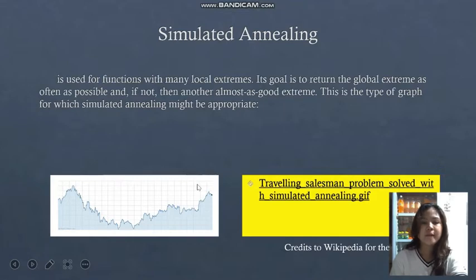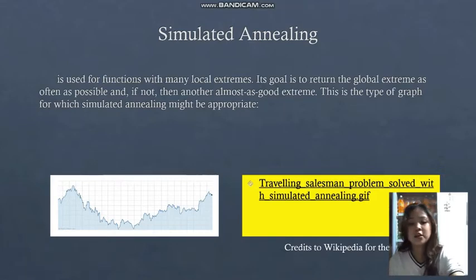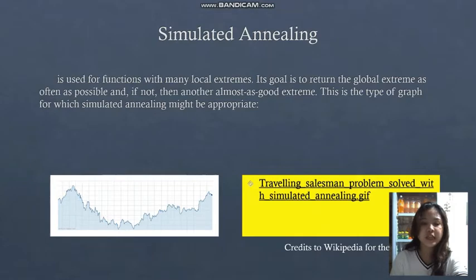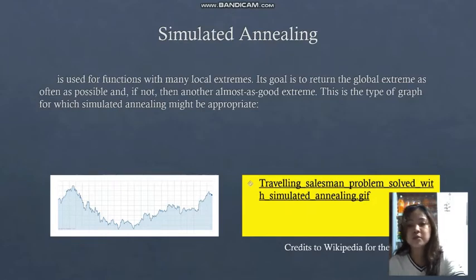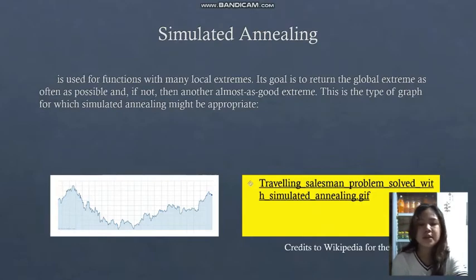To be specific, simulated annealing is one of the most preferred heuristic methods for solving optimization problems. When we talk about optimization problems, it looks for the largest value and the smallest value that a function can take. SA, or simulated annealing, is often used when the search space is discrete. The perfect example for this one is